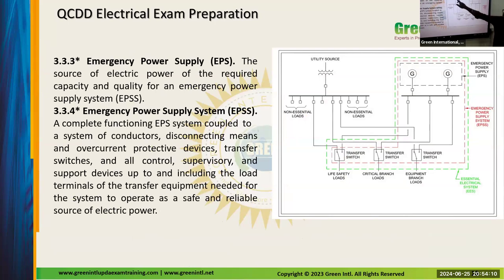so here we have a load. The entire load is divided into 3 different categories. So we have 3 different ATS. This ATS must operate within the 10 seconds, because it's connected to the life safety loads. So this transfer switch is maybe not a life safety, that's why it may operate within the